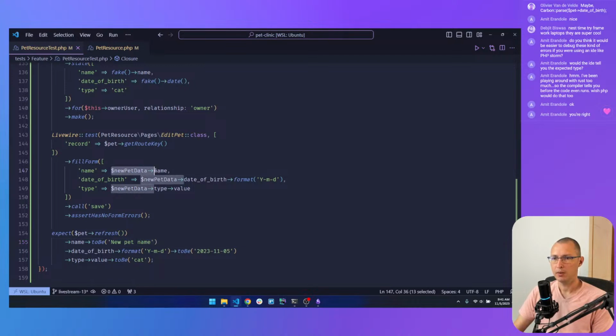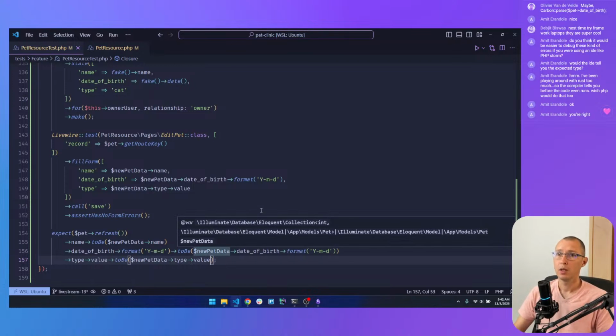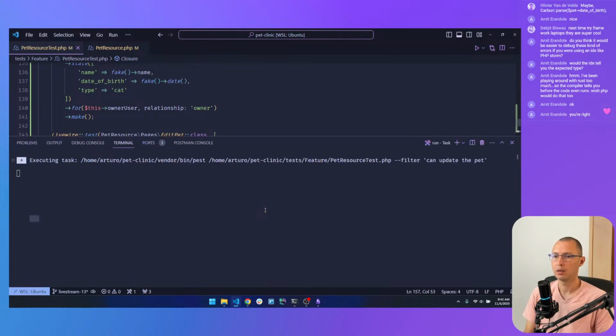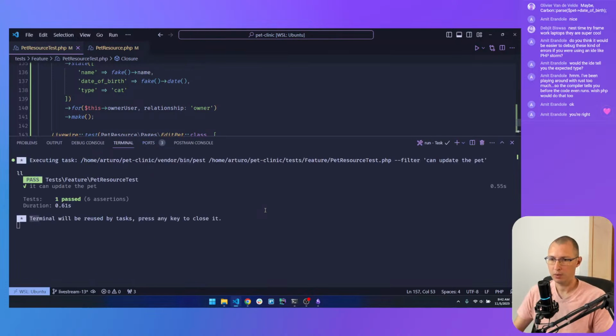Same thing here. Instead of using magic strings, we are going to use new pet data down here. And then take this one and use it here. And then the type and use it here. And I expect this to still pass. And it does. Good.